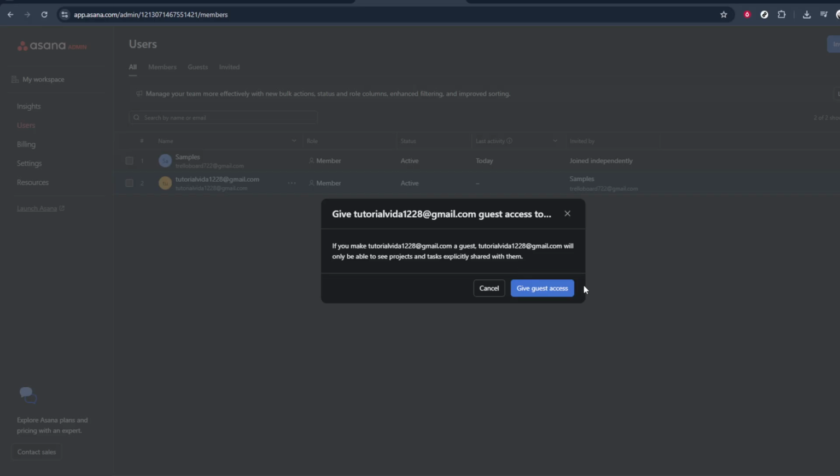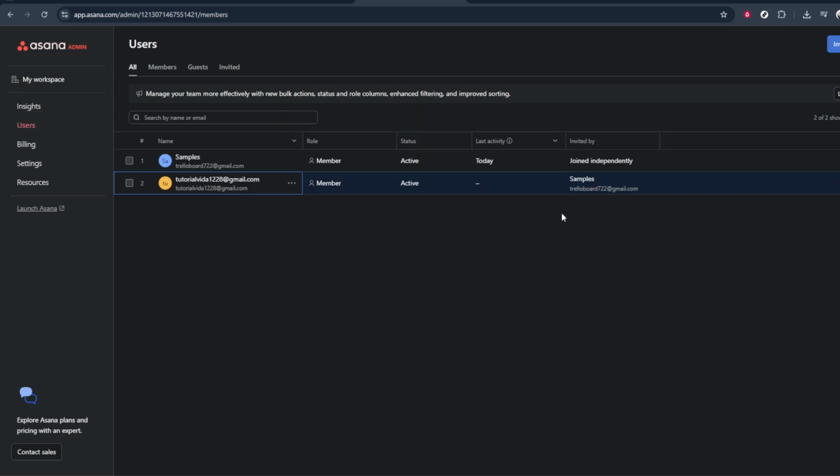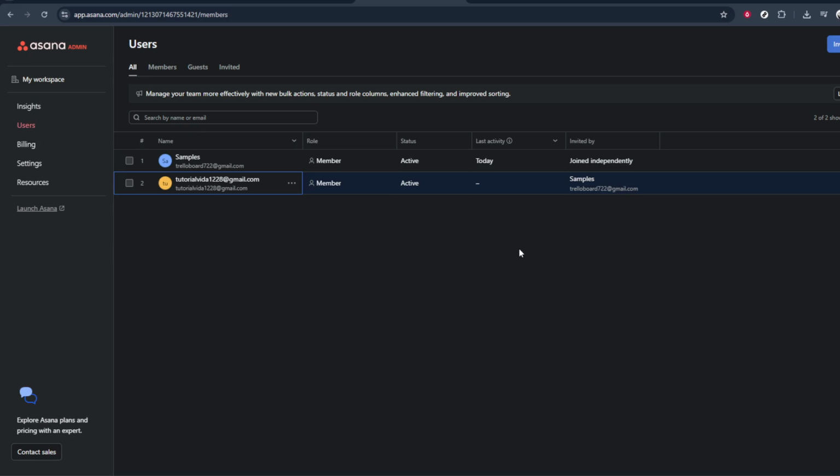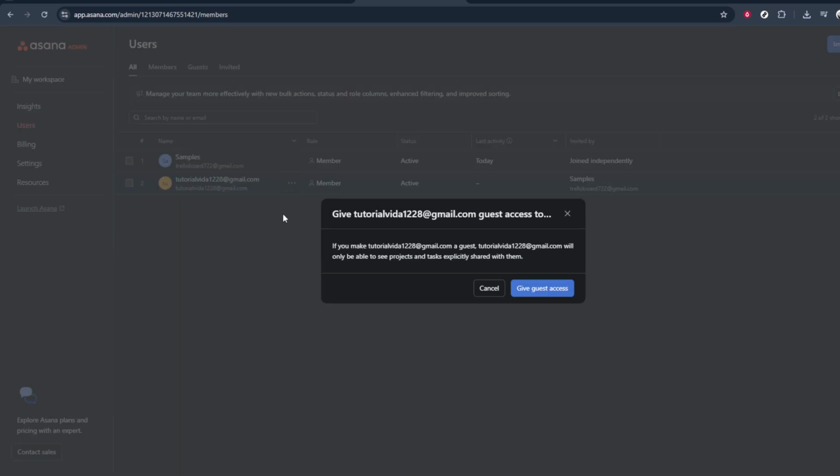This will open a small drop-down menu with additional actions you can take for that user. In this menu, you'll find the controls you need to adjust their role and manage their access. From here, you can continue with the option that changes their status, effectively treating them as a guest with more limited access than a full member, and that's it. By following these clicks, profile icon, admin console, users, and then the 3-dot menu next to the person,